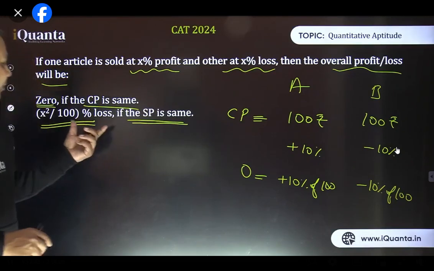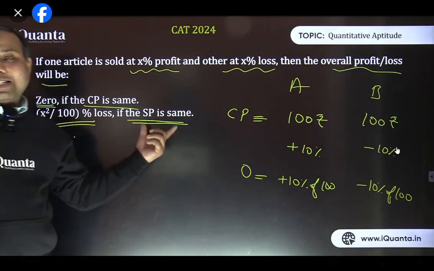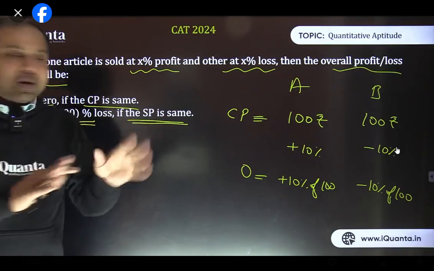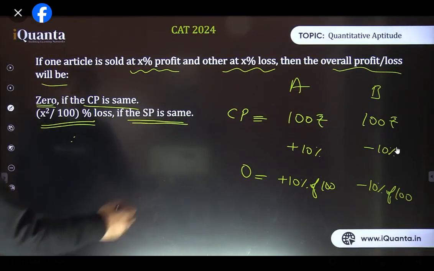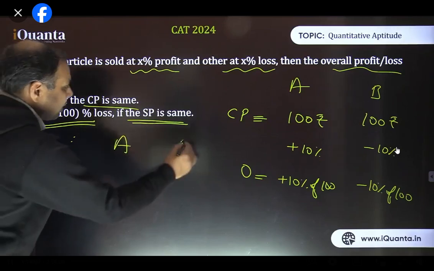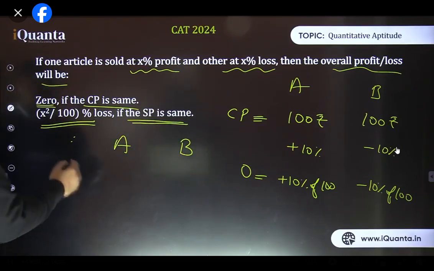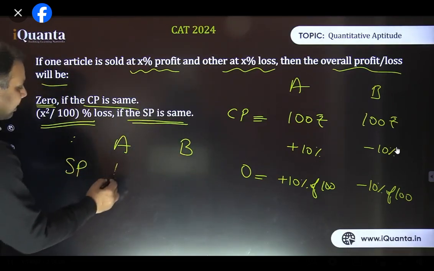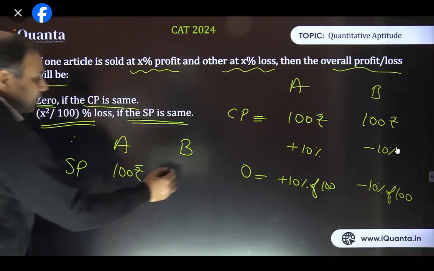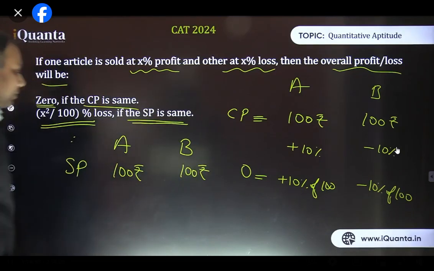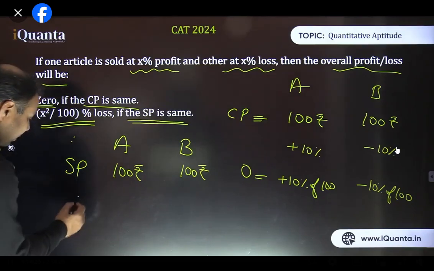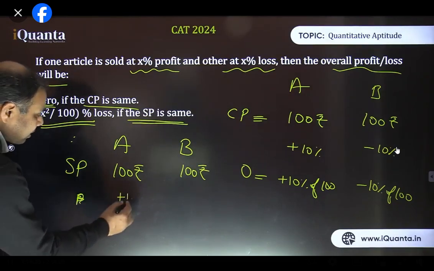Okay, the second point now. Second situation, when I'm saying SP is same, that means 2 articles are being sold at same price. Let me make the table again. There are again 2 articles A and B, and they are having same SP this time. Let's say 100, we can assume again. So 100 rupees selling price for this one, 100 rupees for this one. Let's say this article is being sold at a profit of maybe 10%,